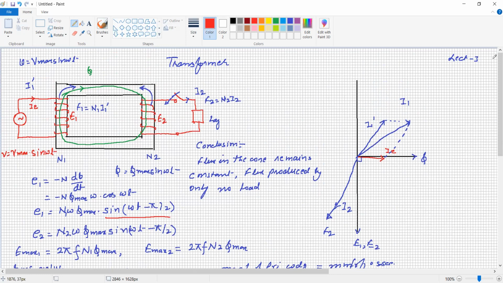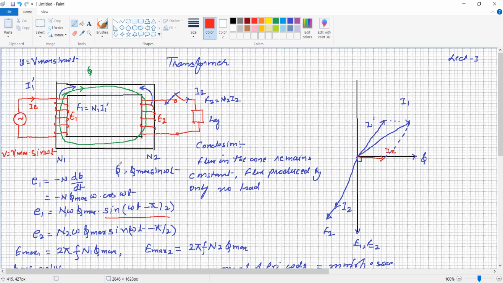One is that the voltage per turn for the primary winding and secondary winding is the same. Second, the flux in the core remains constant irrespective of the load condition. Either the load increases or decreases, the flux will remain the same, because the MMF produced by the secondary winding and the MMF produced by the primary winding under load condition are opposite and equal in magnitude. So they cancel out, and only the flux created by the no load current remains. It is very important knowledge, because it is going to be used in the calculation of losses in the transformer.